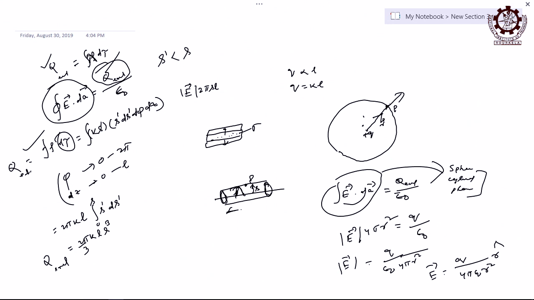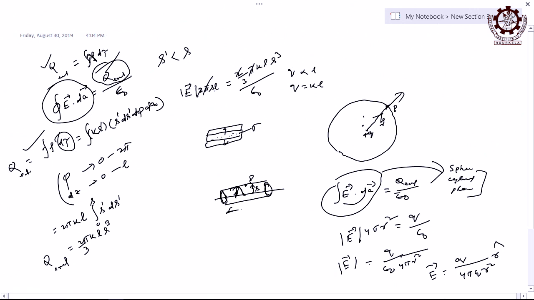Area, the whole area of the cylinder is how much? Twice pi s L, right, and that is equal to, substitute the value, 2 by 3 pi k L s cube, then divide by epsilon 0, then find the intensity. So, this 2 will cancel, pi will cancel, 1 s will cancel, L will cancel, right. So, where is that density? Is it there? Neither volume nor surface nor linear, no density, right.